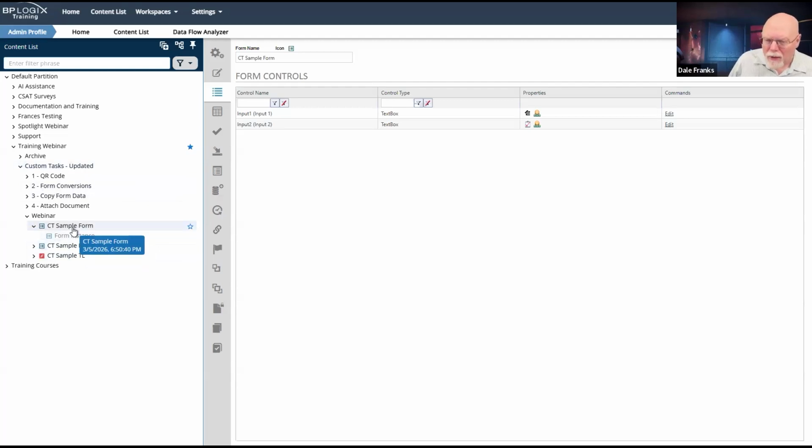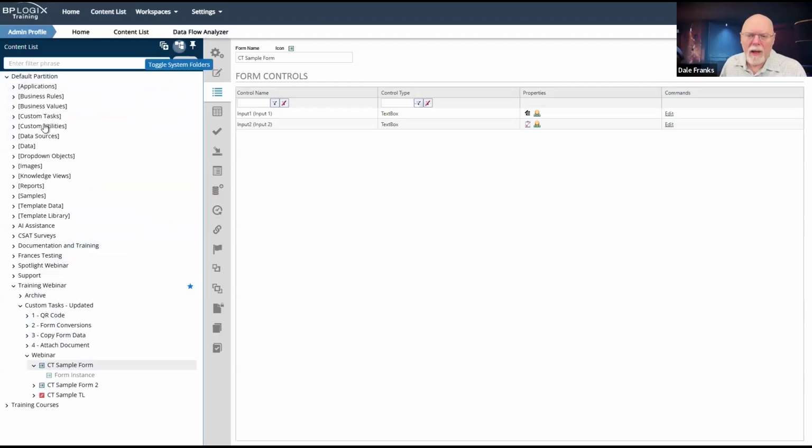There are some other tricky custom tasks about when they would get invoked. One is the set metadata custom task. Set metadata works both in the form and in the process timeline, and it enables you to apply metadata to different objects.